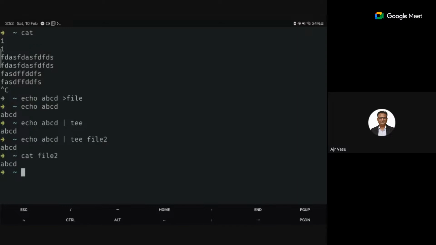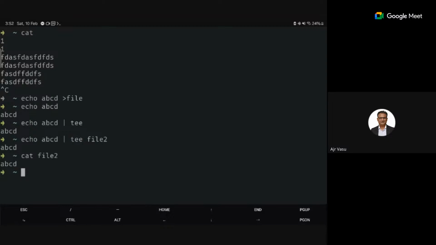Because tee is very much useful if you want this functionality. Correct. But tee is only useful when you are using interactive commands, not in a script fashion, because more in your portal and whenever we are writing things, it will be in a non-interactive manner mostly. You'll be reading from some location and writing. In that case, tee is not useful.